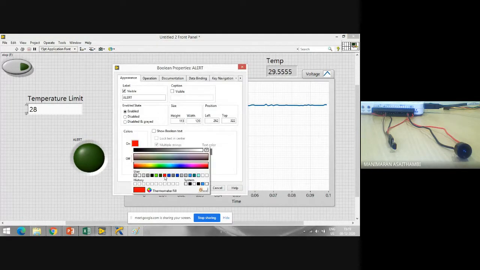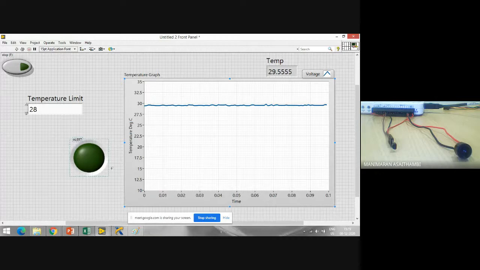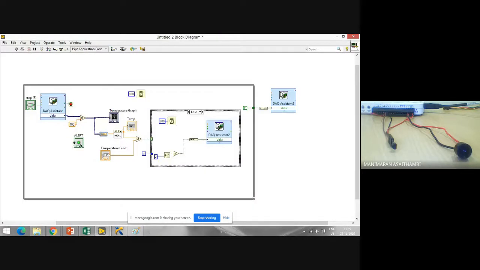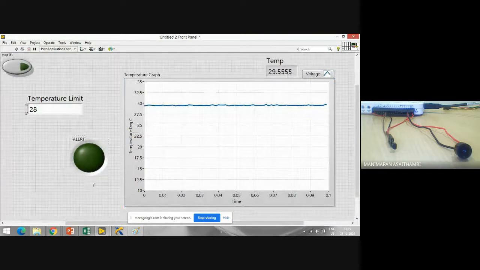On color, I'll say red, and I'll say okay. So this LED I'll keep here, so whenever this is there, at that time only I'll get it here.